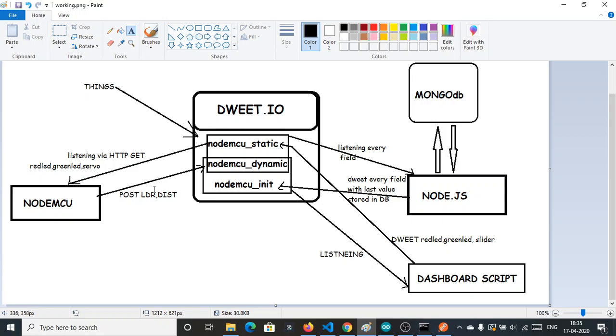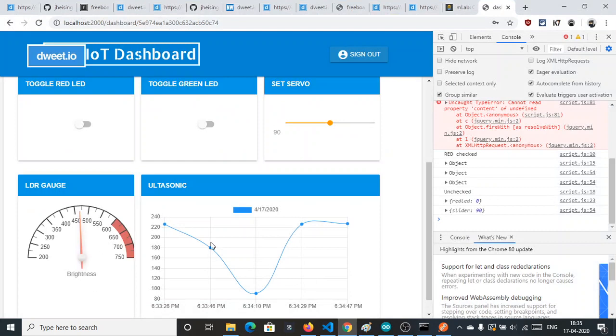But the post is subscribed or listened to by our dashboard script, that is Node.js for storing in database, the dashboard script for showing it here.